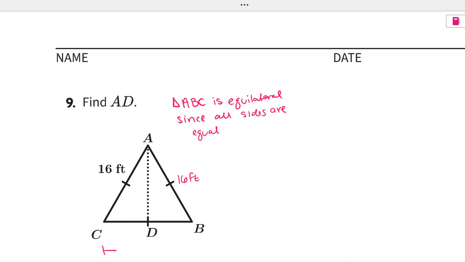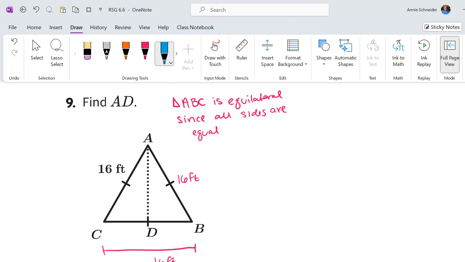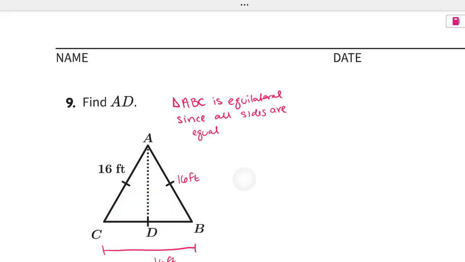Right, which means this whole side here is also 16. Now, because it's an equilateral triangle, I can make an assumption here that, well, I already wrote that that's also 16. Now, we do have to make some other assumptions as well. So let's assume that AD,